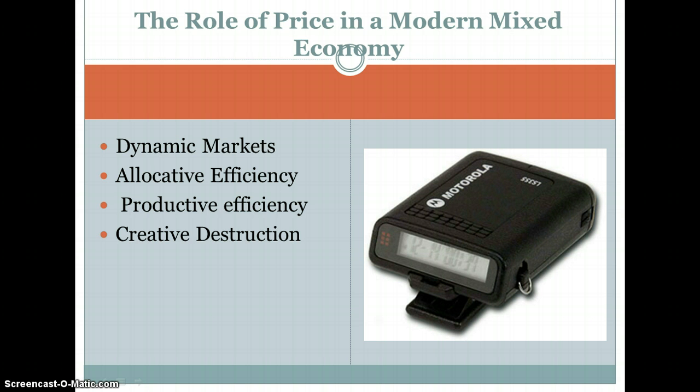Productive efficiency. What is productive efficiency? It is basically cost benefit in a company. You want to keep your cost low. You want to get your benefit high. So basically you want low inputs. You want to make your goods cheap, for a couple reasons. Number one, if you make them cheap, you're going to get more profit because your input cost is cheap. But also you can charge lower prices if you have low inputs.